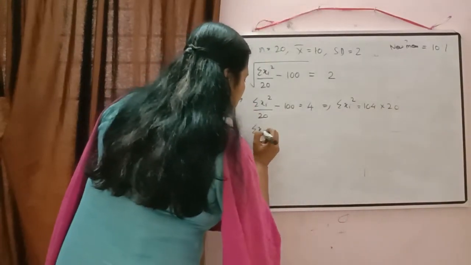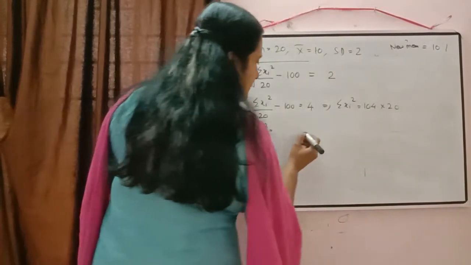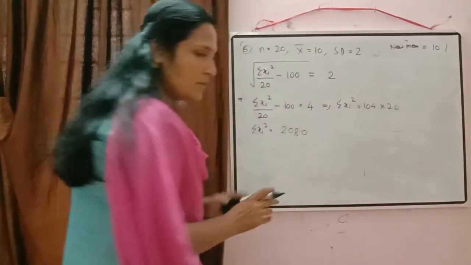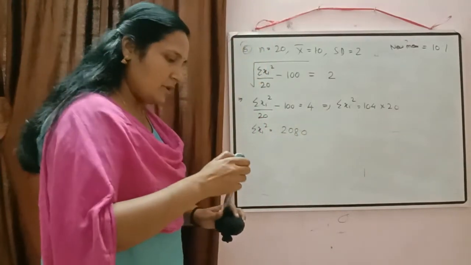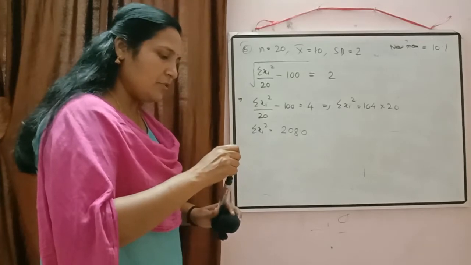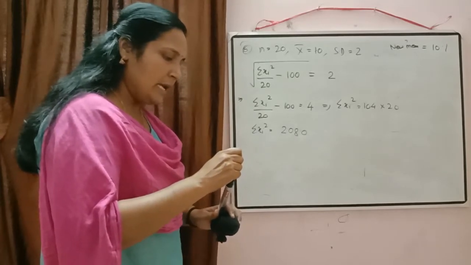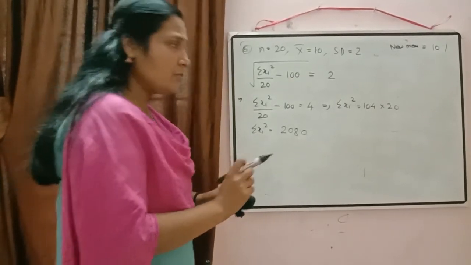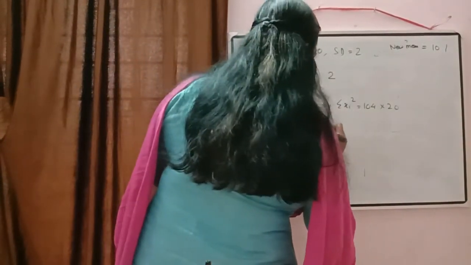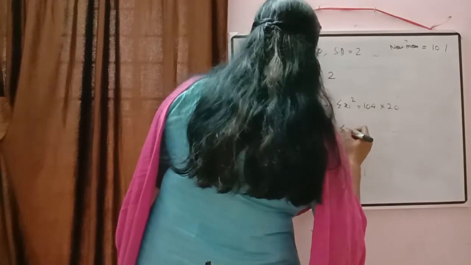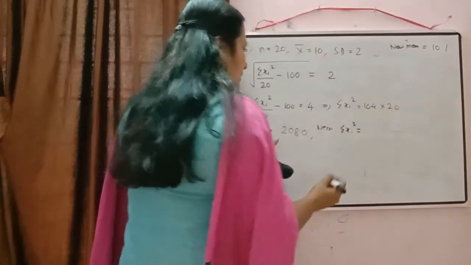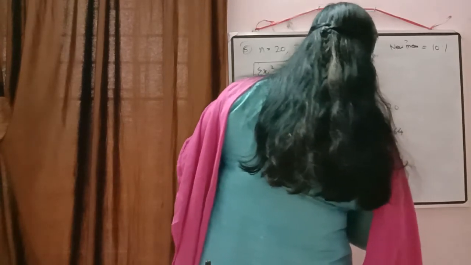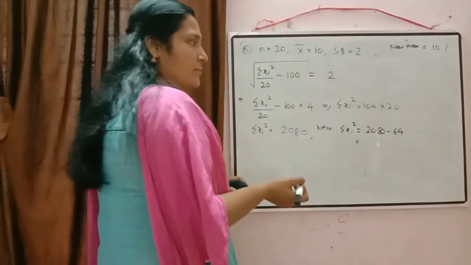Then we will get sigma xi square is equal to 104 into 20. Then sigma xi square is equal to 2 4s are 8, 0. 2 1s are 2. 2080. Now which observation did we remove? Yes, we removed the number 8. So obviously from the square also, 8 square we have to remove. So the new sigma xi square will be equal to 2080 minus 64. 8 square we removed there.